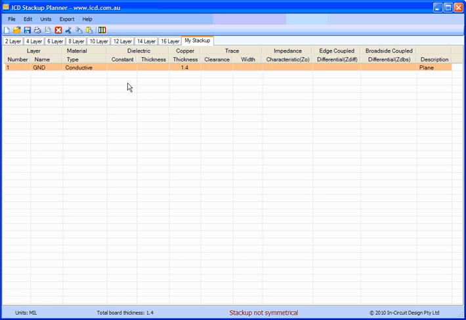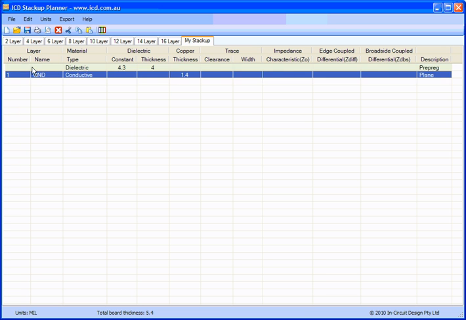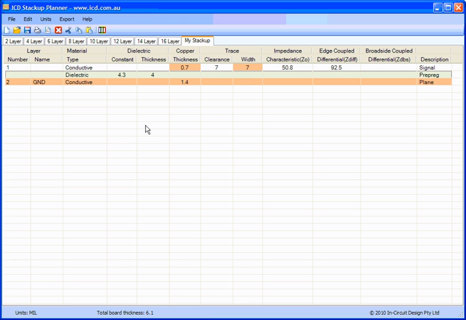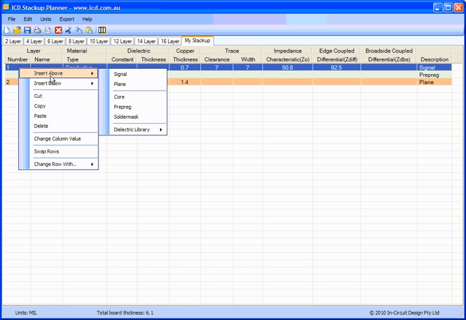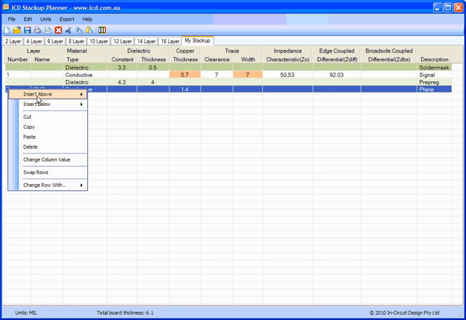Insert above or below, and it's now not symmetrical, so of course we need above a pre-preg, and then we'll put in a signal layer above that. So here we have a basic 2-layer board. We have a ground plane on the bottom and a signal plane on the top. We can add solder mask to that, top and bottom,